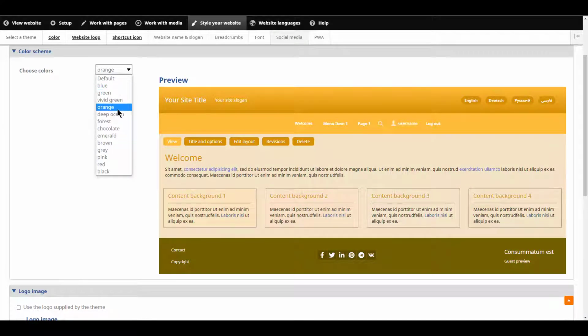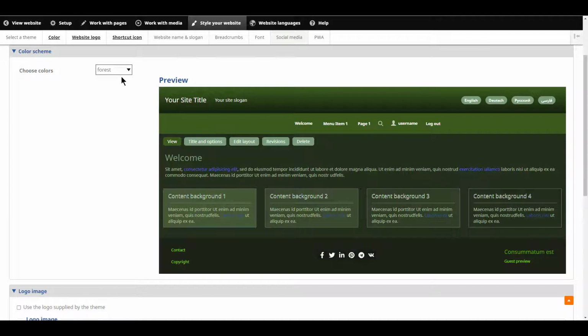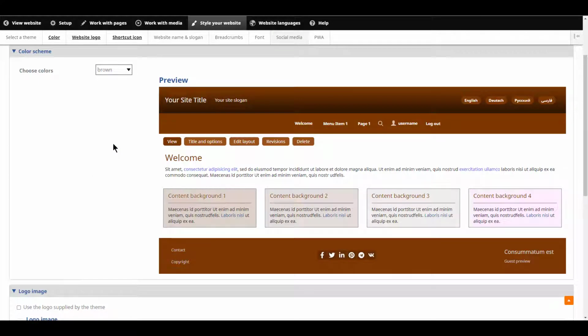Keep in mind, when selecting a color, you need to be mindful of what colors might mean in your target culture. And also, think about pictures on your website. You may want to choose a color that works well with your pictures. Remember, I was going to look for a lighter color scheme to see how it works with my logo.